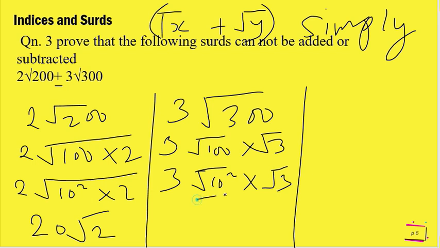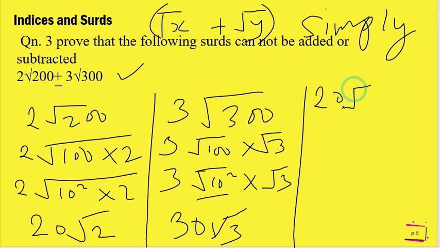So finding the square root of this, we are getting 10. So 10 multiplied by 3, this is 30 multiplied by root 3. So 30 root 3. Meaning our expression here will be equal to 20 root 2 plus or minus